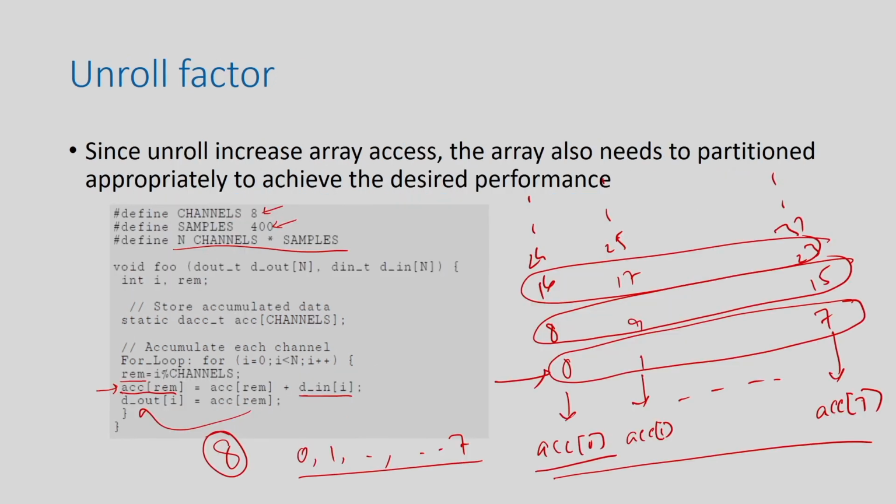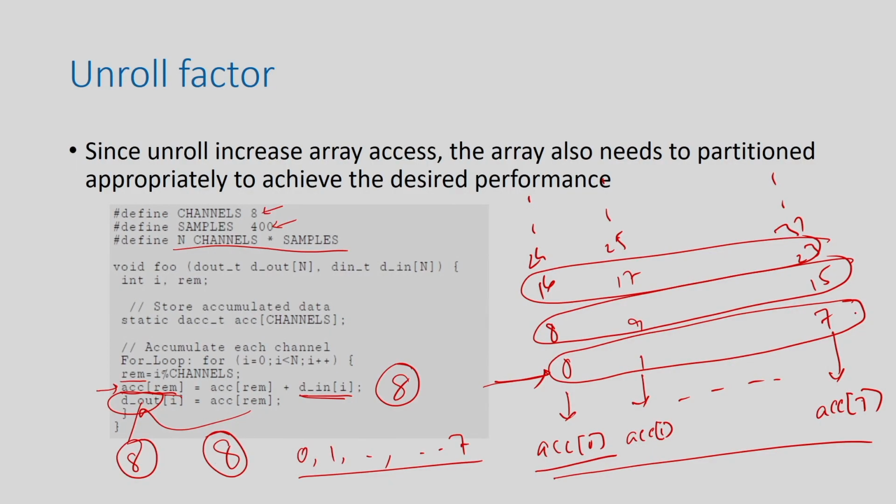But with this, what is the problem or the bottleneck I am getting here? You can see here that since I am going to execute these 8 copies of the body at the same time, D in will be accessed 8 times now, and D out is also going to be used 8 times now. Earlier it was only 1. So, whatever way you map D in into one block RAM, you cannot access all 8 data. Although you try to execute one complete channel of execution in one iteration, you cannot achieve it because of this array access problem.